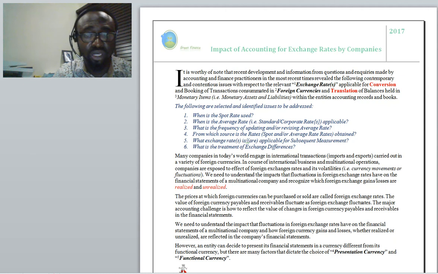SAP or Oracle applications. Now, the question then is, when is average rate applicable or appropriate for financial reporting purposes? Likewise, we'll be looking at what frequency is required in updating our average rate. Are we supposed to use average rate for the whole year to carry out translation as it's being required, or are we to use quarterly, weekly, and what constitutes it? We are going to discuss that, and it's a function of certain things that we need to look at, which more or less represent the substance of the transaction or operation as a whole.